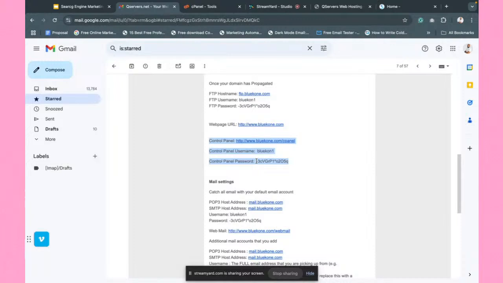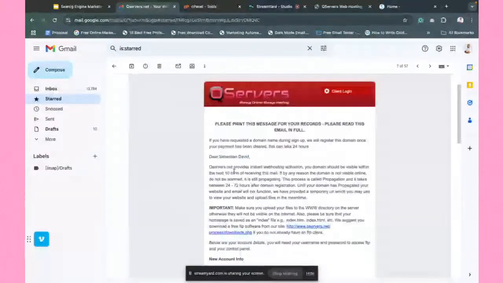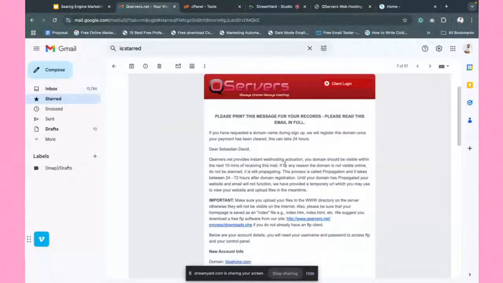Now, if you read through this email, it says that QServer provides instant web hosting activation. Your domain should be visible within the next 10 minutes of receiving this email. If by any reason the domain is not visible online, do not be alarmed. It is still propagating. This process is called propagation, and it takes between 24 to 72 hours